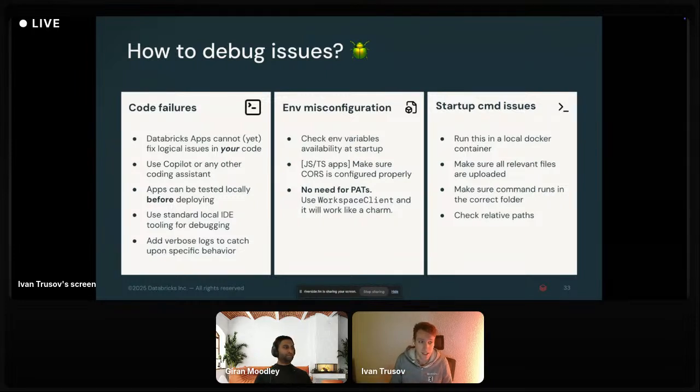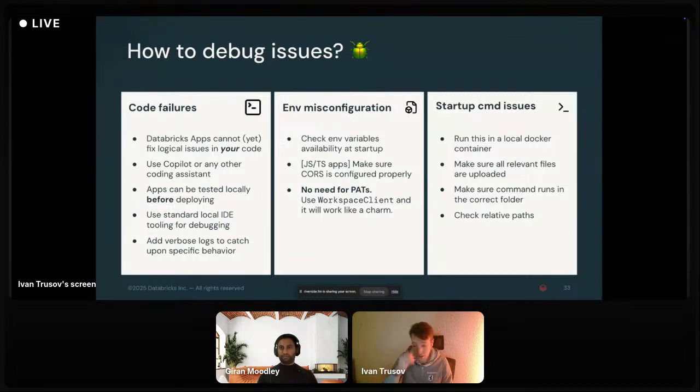Databricks Apps and the Databricks platform in general is quite a powerful platform, but I don't think there is a system which can automatically fix logical issues in your code yet. Probably you can use a tool like Copilot or any other coding assistant of your choice, because app code can be run locally and tested locally before doing the deployment step.